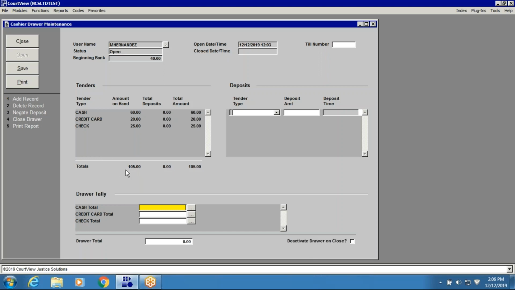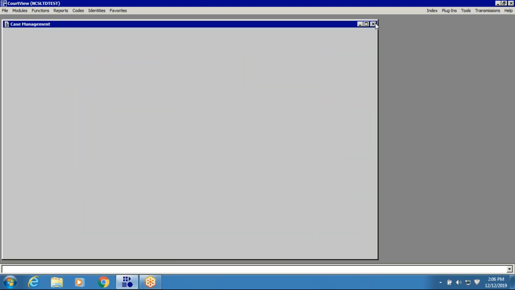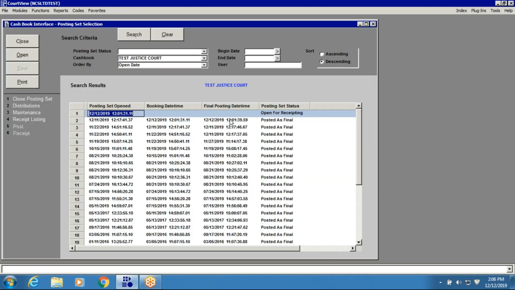Let's go ahead and take a look at some of the reports in the end of day. So I'm going to close out of these screens over here. And the next thing that I want to show you before we actually start closing this out is the receipt listing report. If you highlight this end of day post set, and on the left, go to receipt listing,